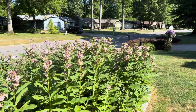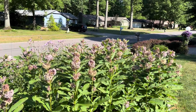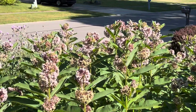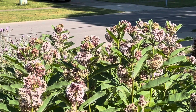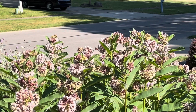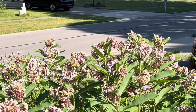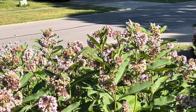I think we got our first hummingbird moth of the year here. Boy, these guys are pretty elusive. Look at him. There he is. Looks like a hummingbird. It's actually a moth. They love these milkweed. Now it's pretty cool because his wings are moving so fast, like a hummingbird's, that you can't even see them, but on the video